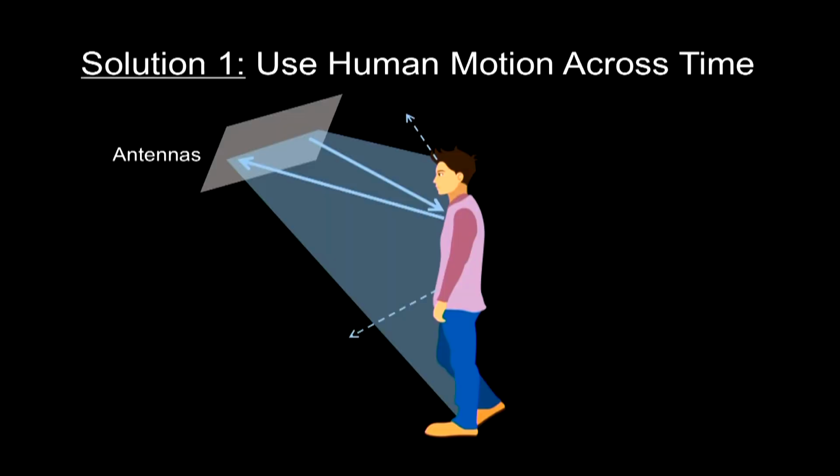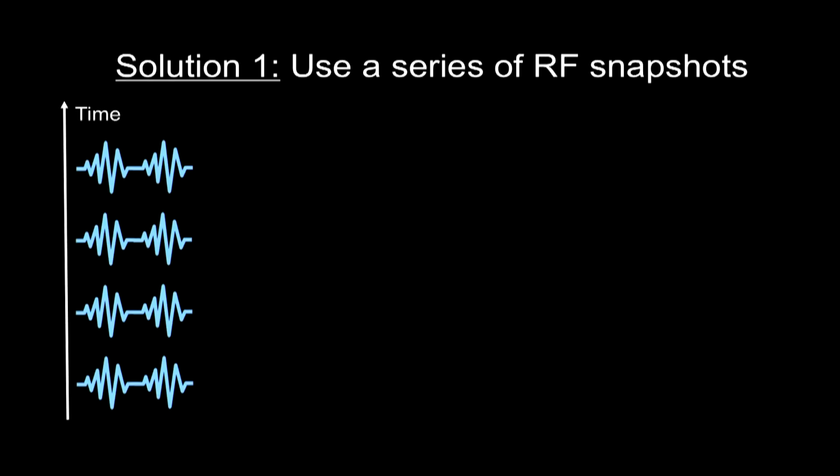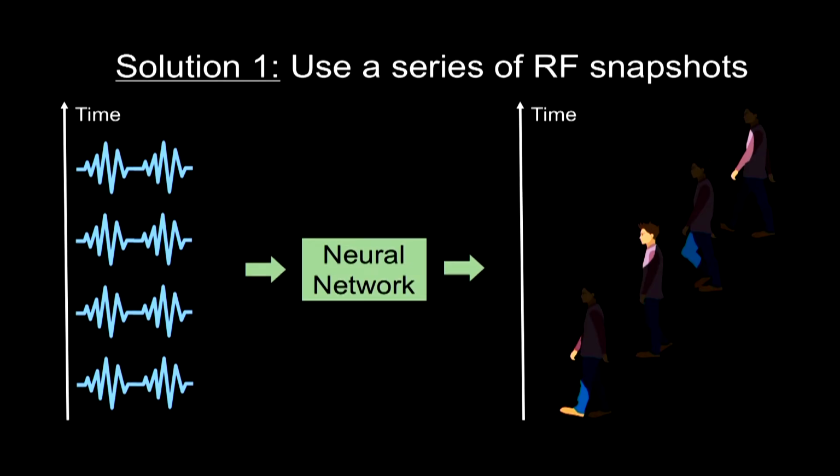As a human moves, different body parts reflect signal back towards the device. In this case, for example, the chest is reflecting. Therefore, to capture the whole human skeleton, we have to use a series of RF signals. Some of them may contain the arm, some may have reflection from your chest or your leg. But the problem is that all these body parts do not belong to the same snapshot. Simply stitching them all together wouldn't give you a dynamic skeleton that is changing over time.